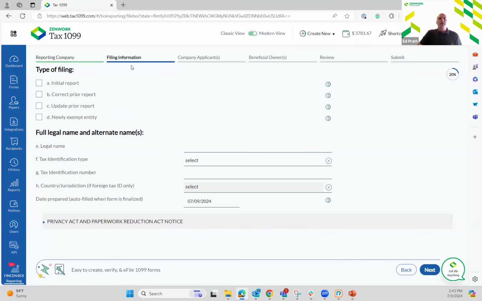The filing information here is going to be what type of report that you are doing. What type of name are you entering here? There's various pieces of information that are going to be listed here, and there's the date prepared that'll be automatically filled as you're going through with today's date. I'm doing an initial report, so I'm going to click that initial report, and when I do that, you'll see